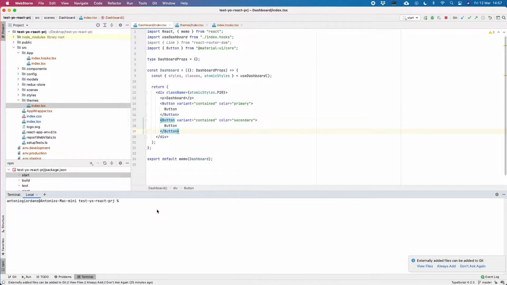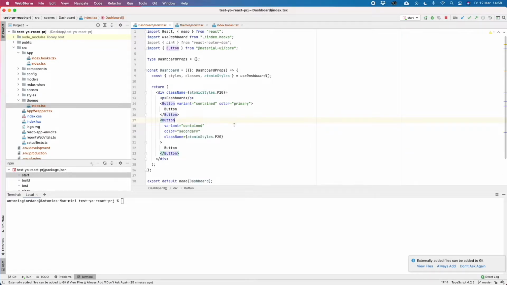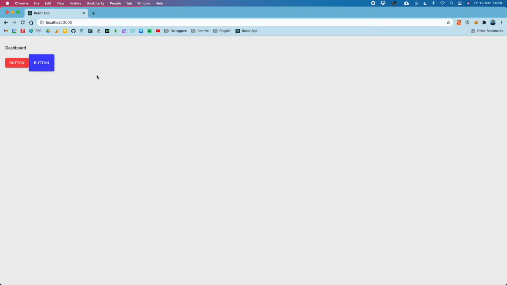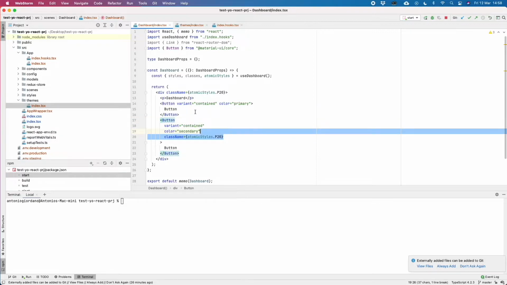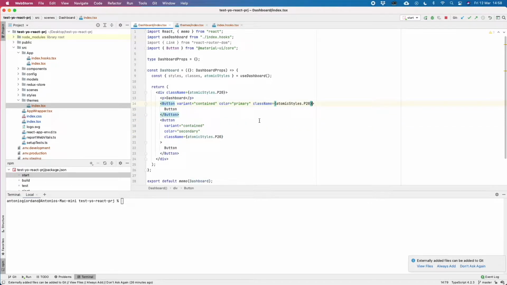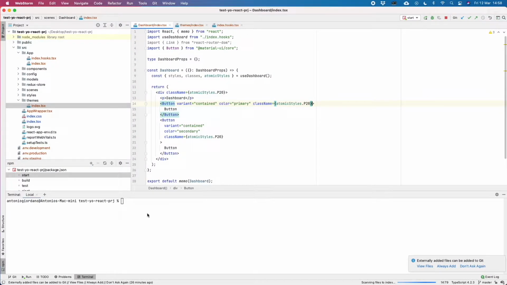So what if we want to standardize the behavior of a Material UI component in all our projects without having to specify each prop and maybe even some custom styling? For instance, if we want all our buttons to have more padding, we have to specify it like this every time, right? And this is for the second button. If I want to put the same to the first button, I have to copy and paste this class. So what if I want to generalize this behavior? We came out with a specific